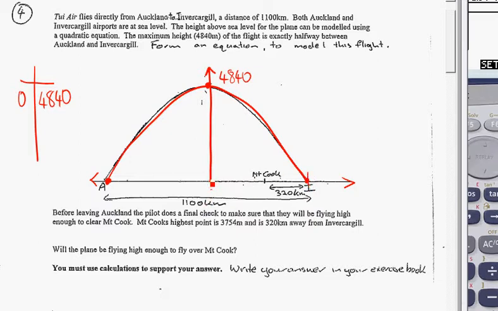means from 0 to halfway, or from Invercargill to halfway there, must be a distance of 550. And if this is an x and y axis, then that would be the point negative 550, or the x coordinate, negative 550, which gives me 2 x-intercepts. Now I have 3 points on my curve, so now we can use stat